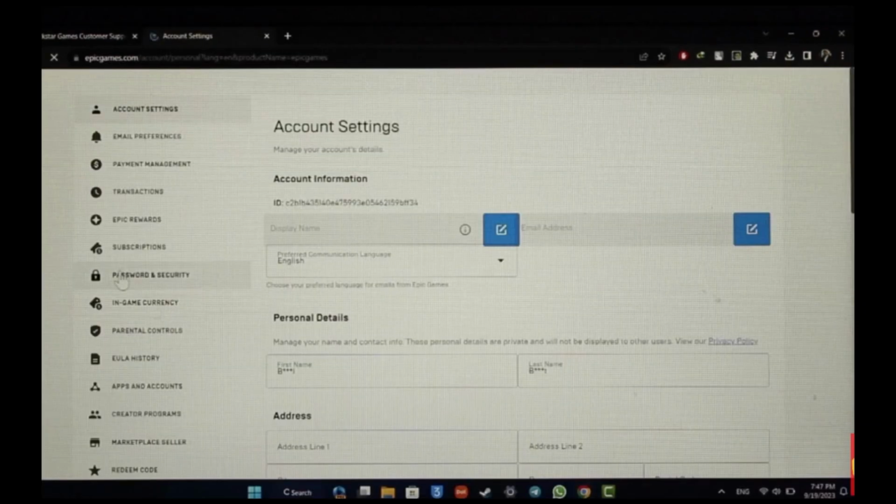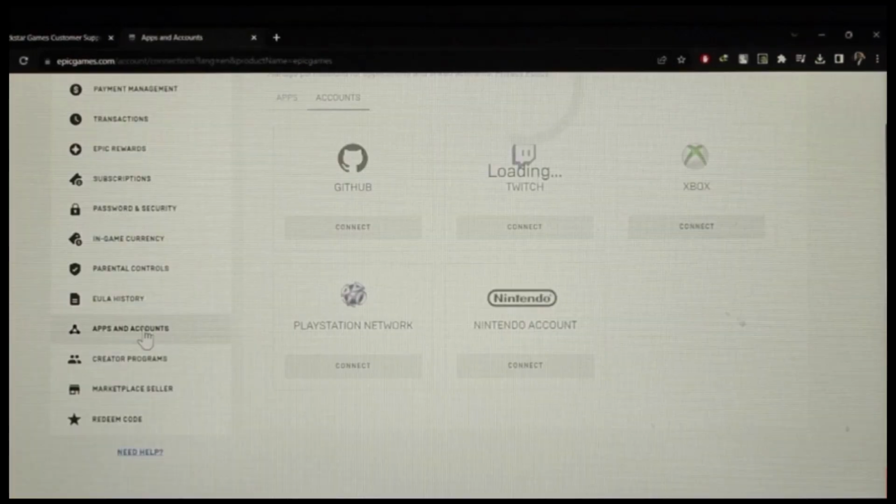Once you go to the Account tab, you'll see an option, Apps and Accounts. Tap on it, and if you're lucky enough, you'll find the Rockstar Games application or account over here. All you have to do is simply select the account and then you'll be able to find the Disconnect option. Now, in case you don't see it, what you can do is go to